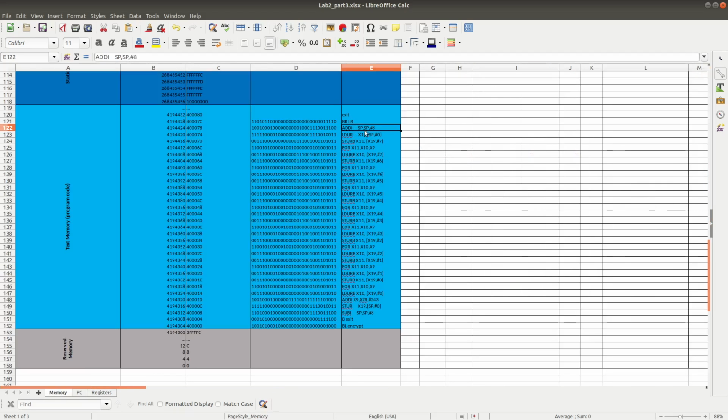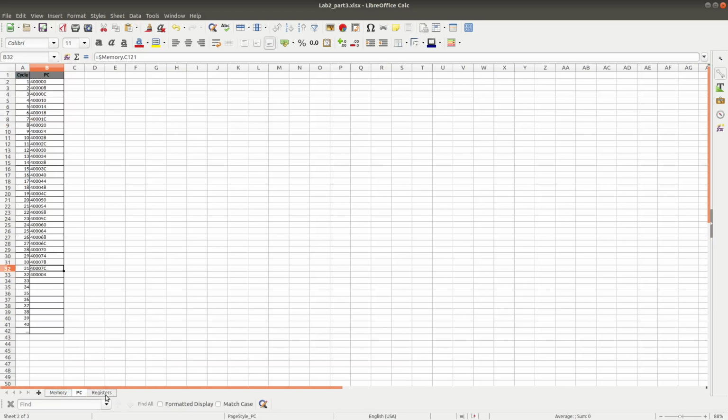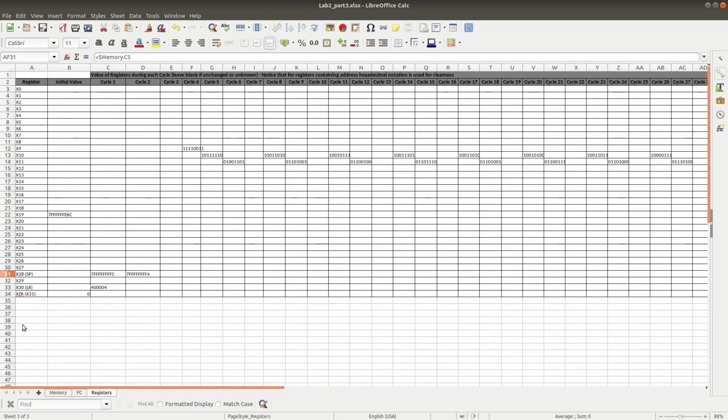And after that we will have the BR LR, or branch back to the instruction after, before calling the procedure. So that value will be this, and this value 400004 is stored inside LR, the return address.